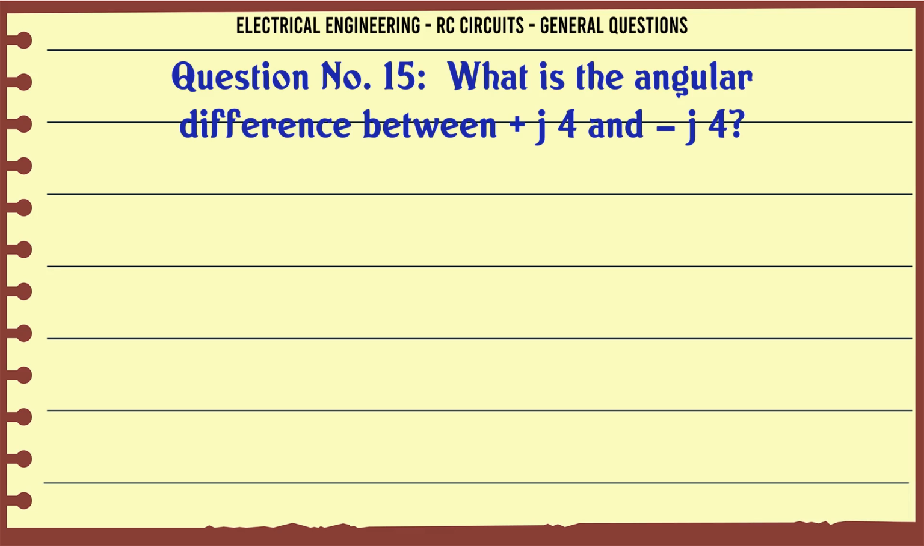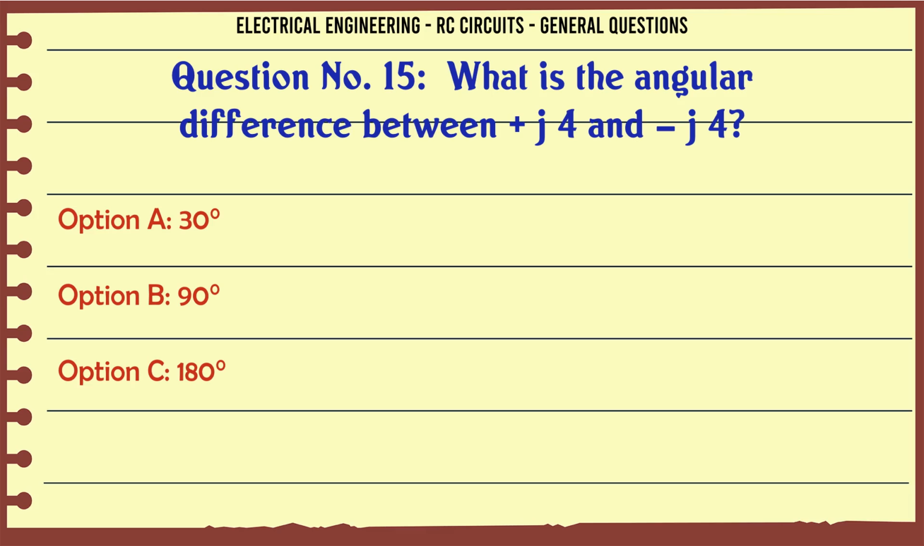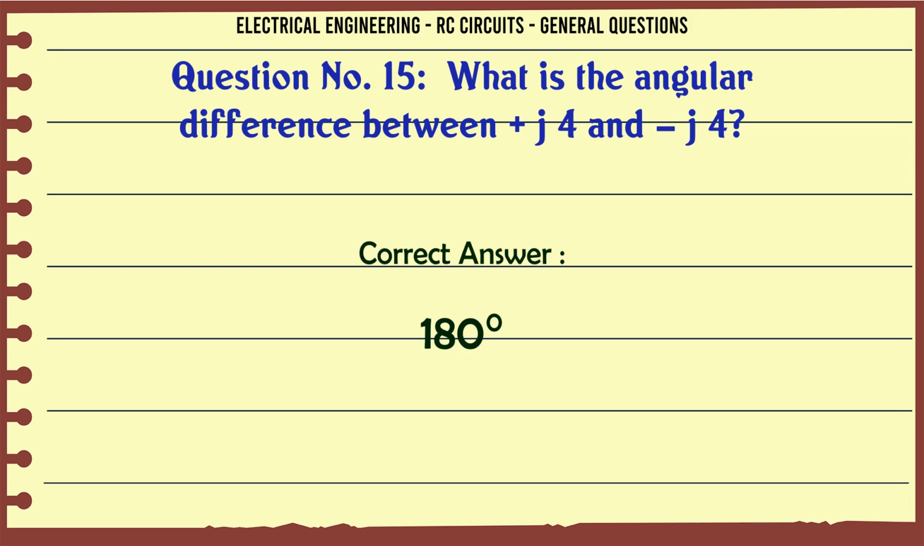What is the angular difference between +j4 and −j4? A) 30°, B) 90°, C) 180°, D) 270°. The correct answer is